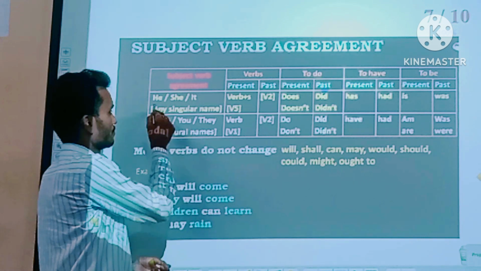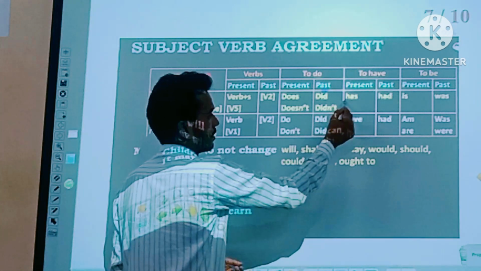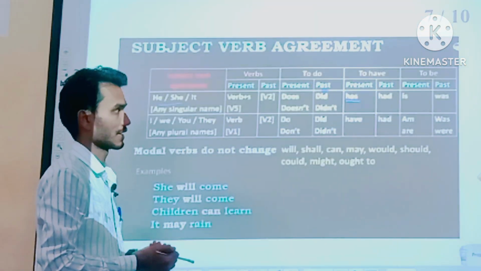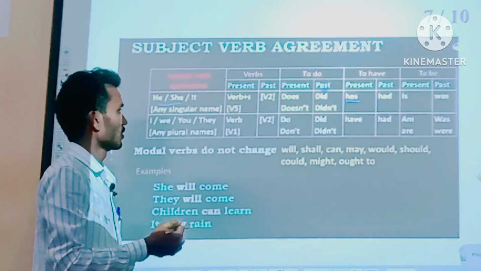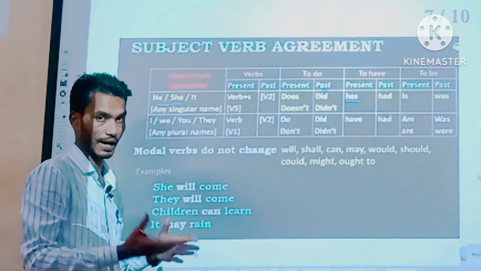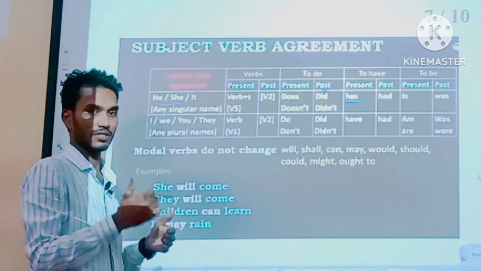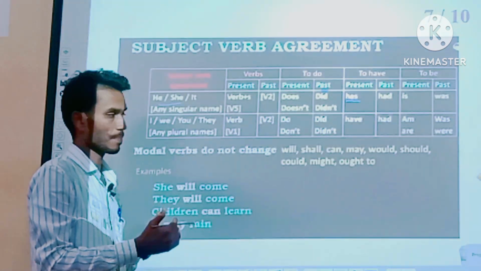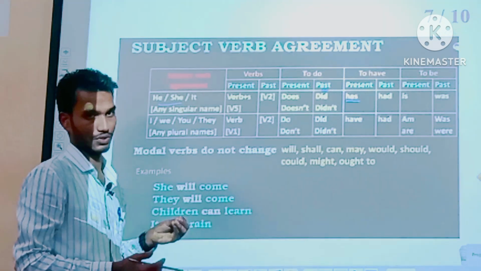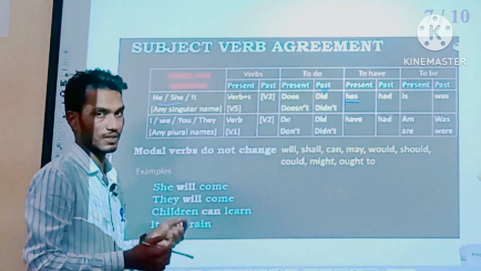Then if the subject is third person singular, he, she, it, the have form should be used: has. She has, he has, it has, right? But when it goes to past tense, we should say he had a pen, she had a pen, it had a pen, right? So if the subject is third person singular, again he, she, it, the be form is should be used,